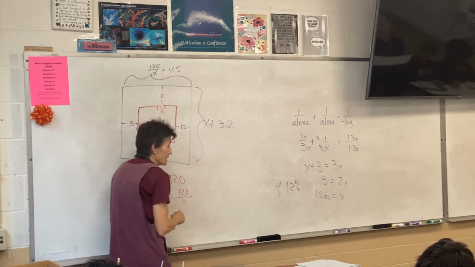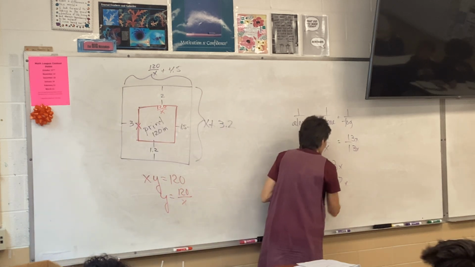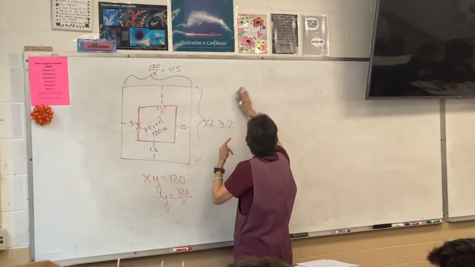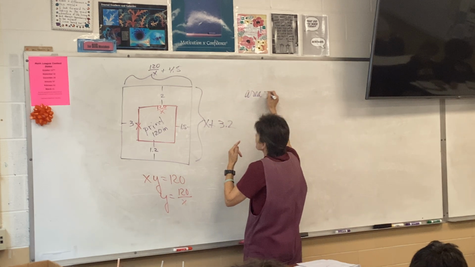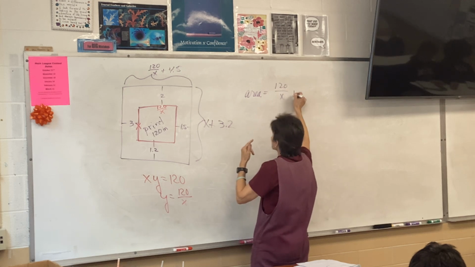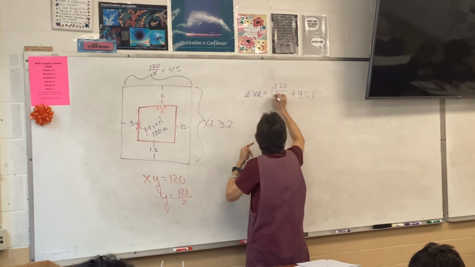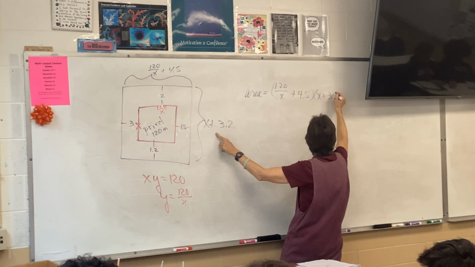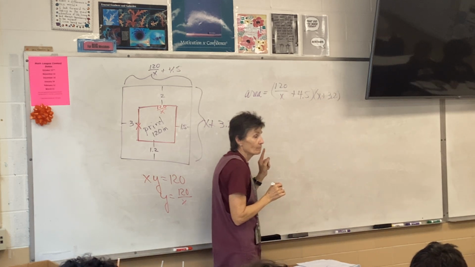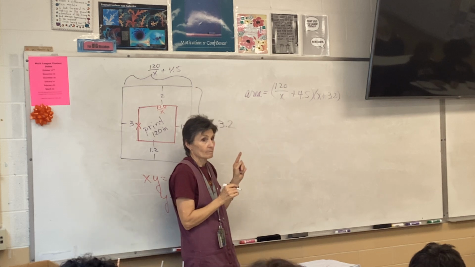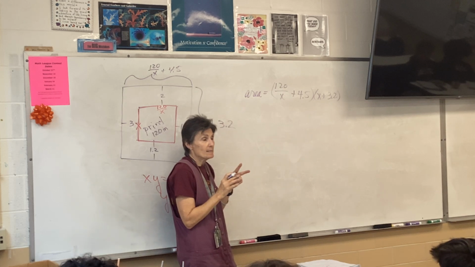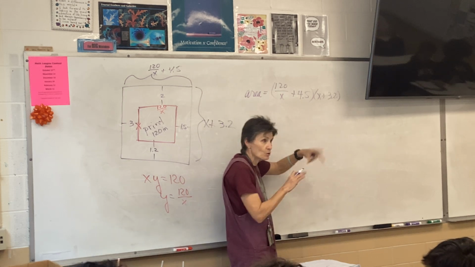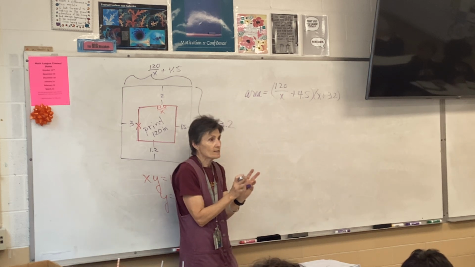Times each other would give me my area. That would be the size of the paper, that would be the area. So the area is 120 over X plus 4.5 times X plus 3.2. Is that good? Now, certainly that's a foilable thing, and you could foil it, but there's really no need to,